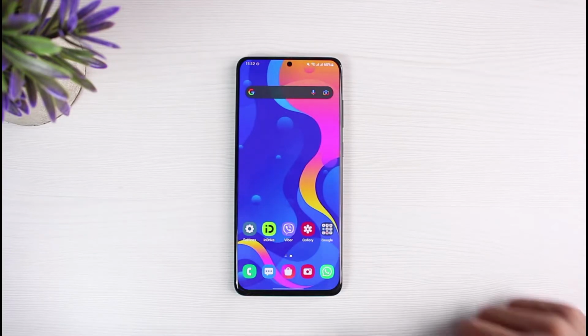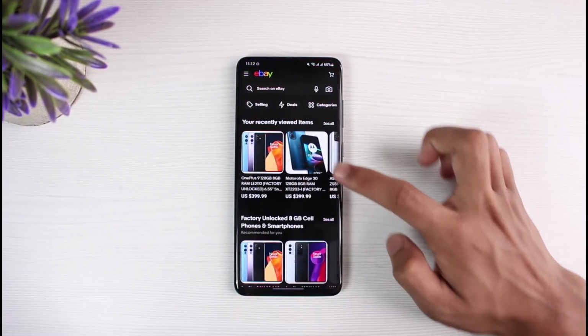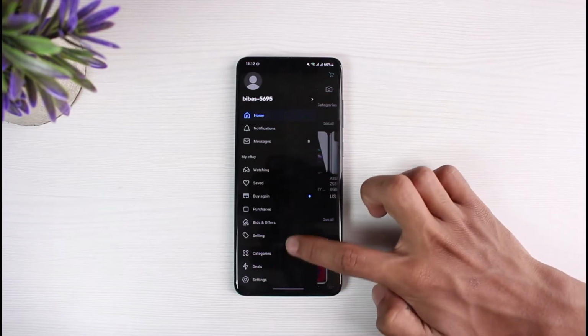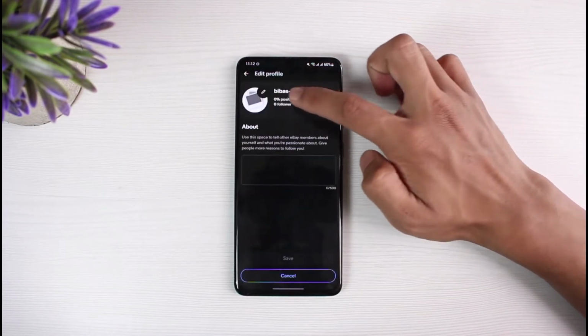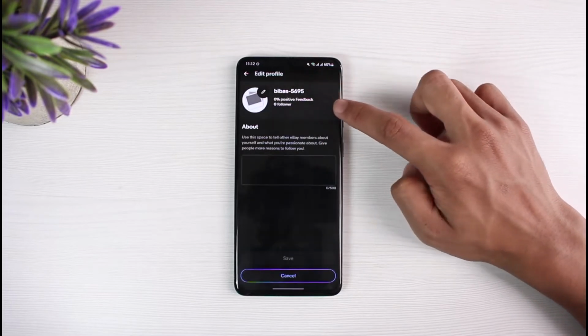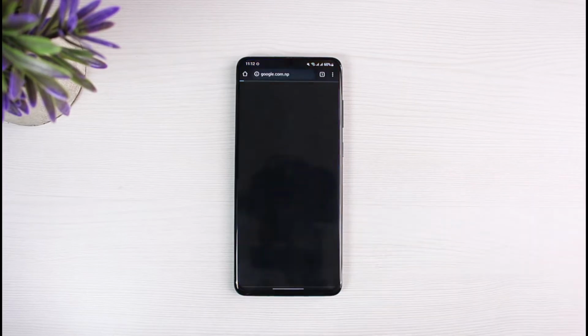Now first of all, I found that you will not be able to change the username of eBay from within the eBay application, because as you can see, even if I go to my profile tab over here, I only have the option to change my profile picture but not my username. So in order to change our username on eBay, we have to simply launch and log into eBay using our